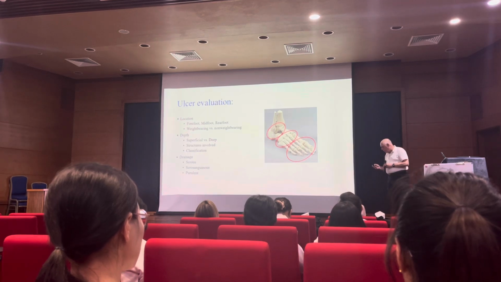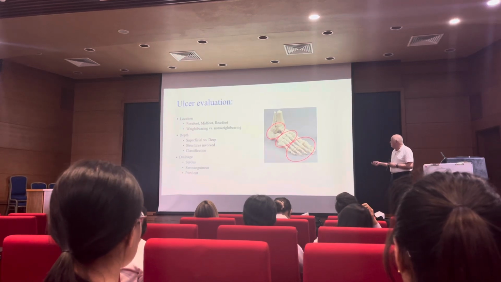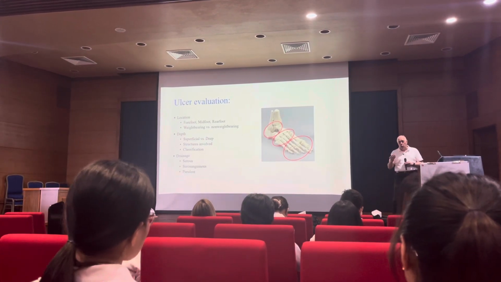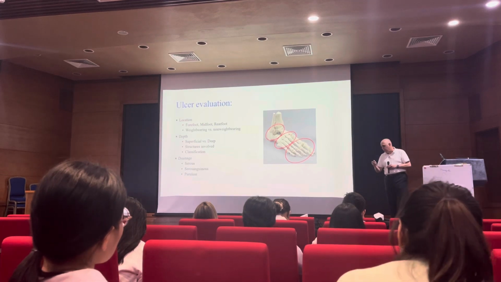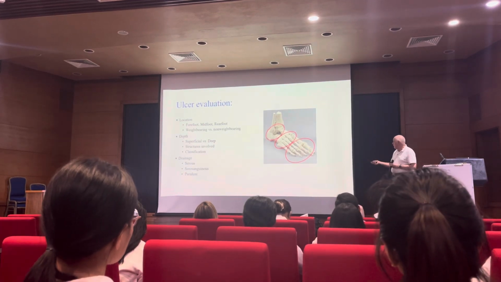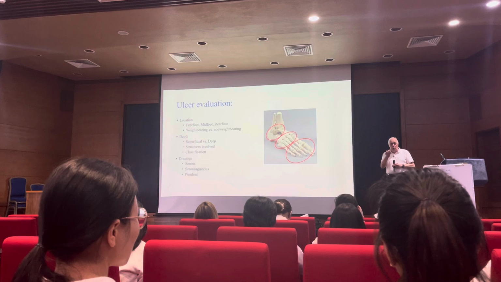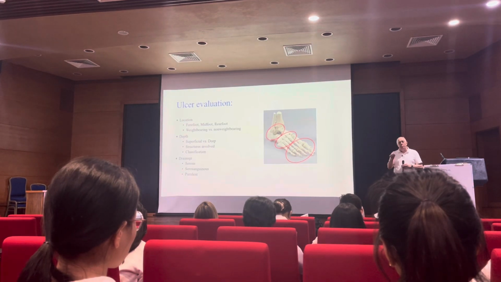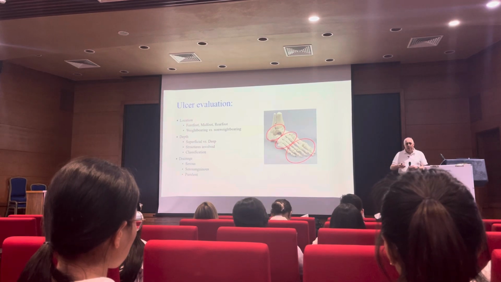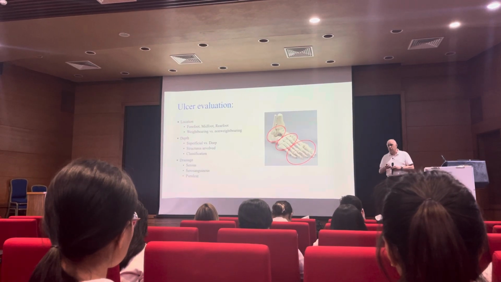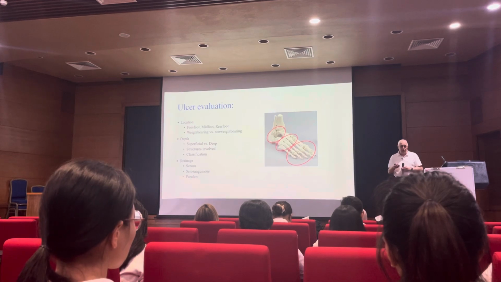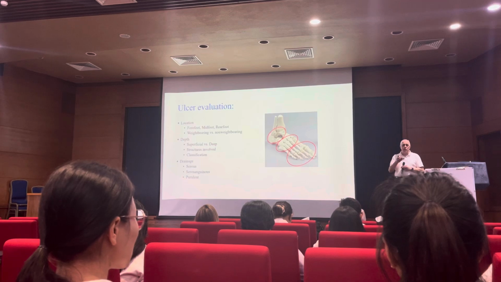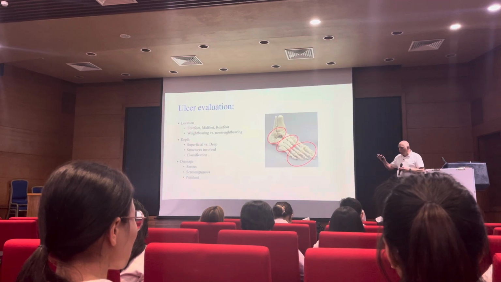The next thing you want to know is how deep is this ulcer? Is it just broken through the surface of the skin, or is it deeper than that? And what structures are involved? Does it involve just the surface of the skin, which can be treated very simply, or does it involve the tendon or the bone, which becomes more difficult to treat? And is it a little bit more serious? Because if the bone is involved, you have a bone infection, and that has to be treated like a bone infection. There are a number of classifications for ulcerations, which I won't go into.